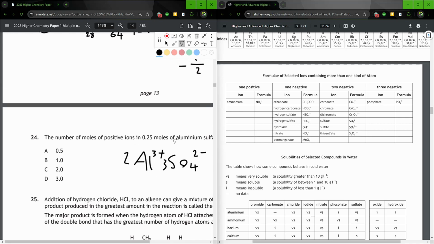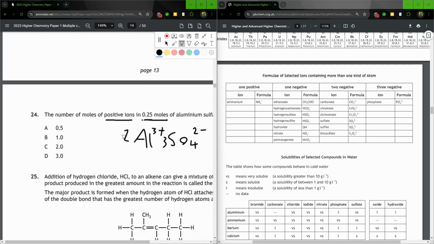Okay, so that means that we're looking for positive ions in 0.25 moles. Deal with the sulfate a bit later. So we have 2 in each mole of aluminum sulfate. We have 2 positive ions, but because we're only dealing with a quarter of that, we're going to times 2 by a quarter, which is a half. So it would be A,